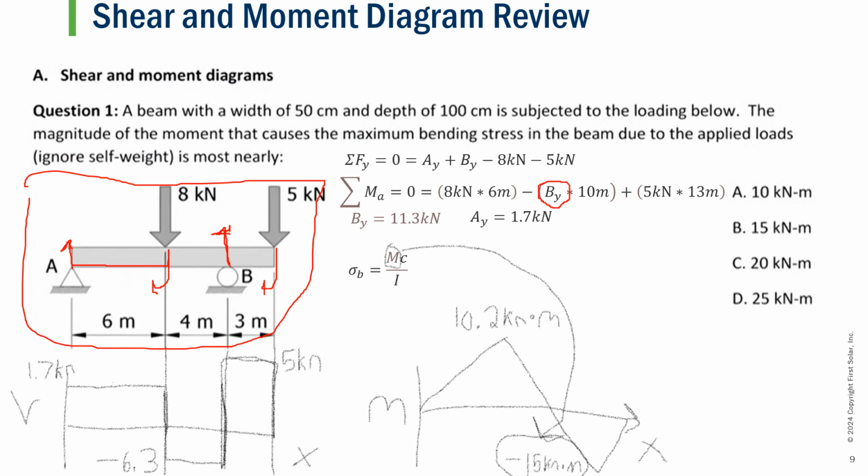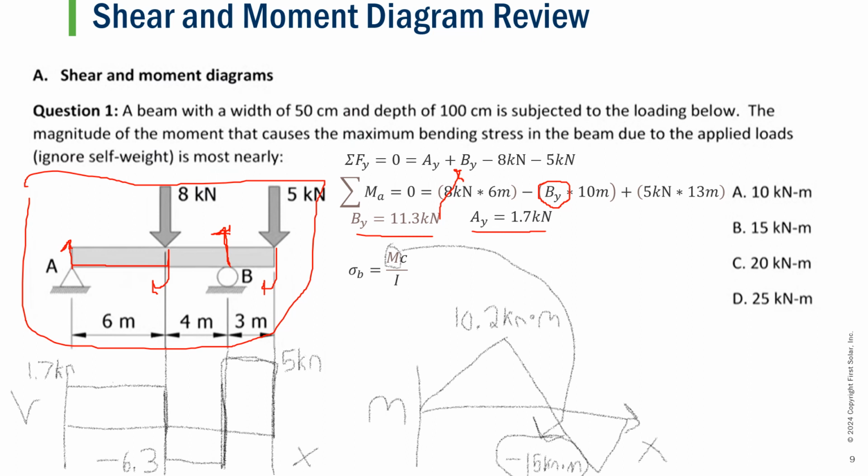Here we solve for BY, which equals 11.3 kilonewtons. Plugging this back into our sum of forces in the y direction, we can equate our AY to equal 1.7